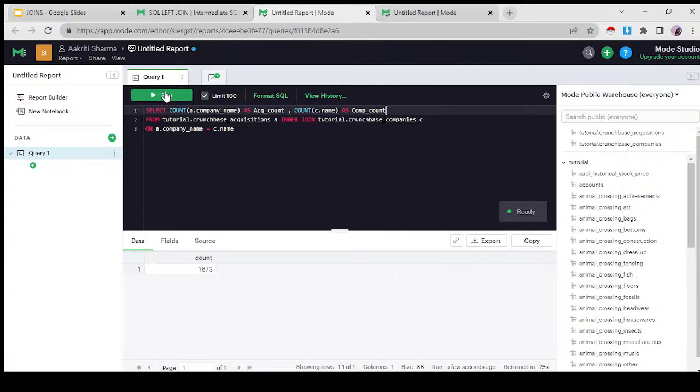We are calculating what is the count. Whenever we have non-null values, we cannot give it star. Why? Because star would consider all of the columns together and it might not give you the accurate value, because even when there's null in one column and there is no null in the other column, it will consider that the row is not empty and it will be counted as one. So whenever we want specific non-null values, we need to provide it with a specific column name.